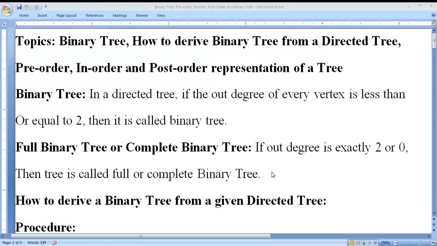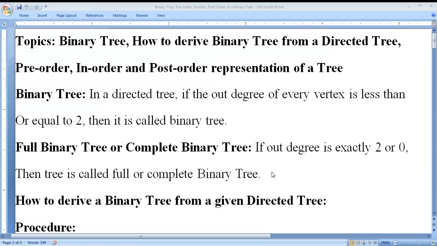A directed tree is said to be a binary tree if the out degree of every vertex is less than or equal to 2, then such a tree is called a binary tree. Okay. Out degree means the number of edges moving away from the vertex.